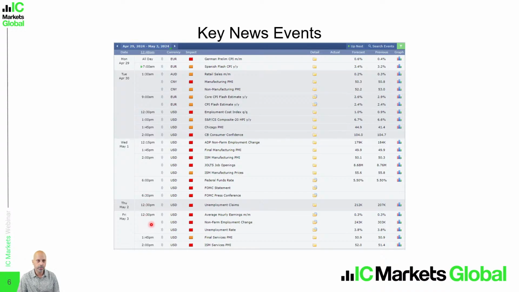And of course, on Friday, we have the highly anticipated non-farm payrolls. That's going to drop at 12:30 p.m. GMT, followed by the services PMI by the ISM later on at 2 p.m. So this is a very heavy calendar, especially for the second half of the trading week. It's certainly going to be fireworks. We can expect a lot more volatility in currency markets and the broader financial markets going into the second half of this week. So take note of that.